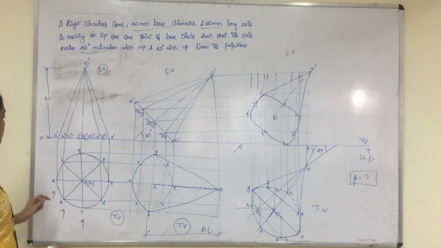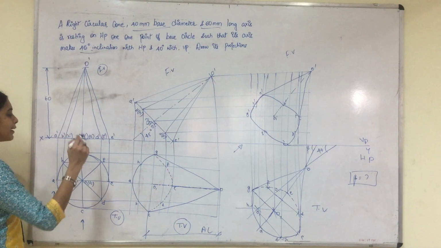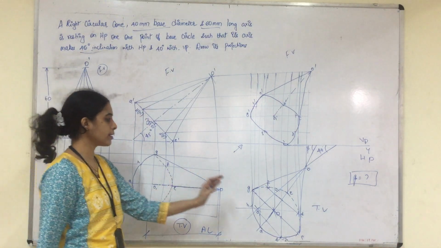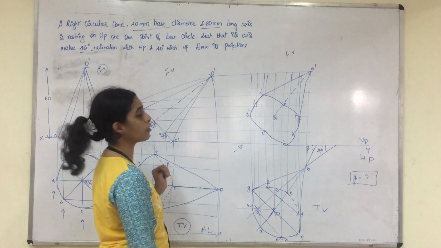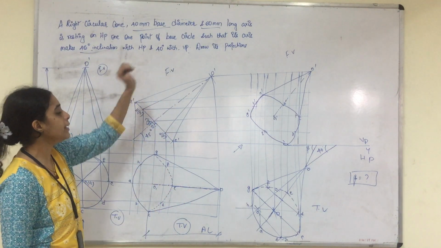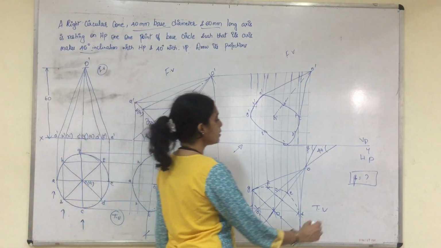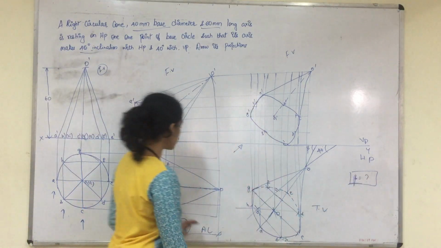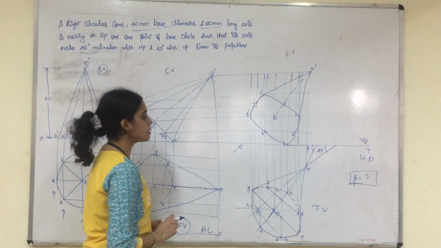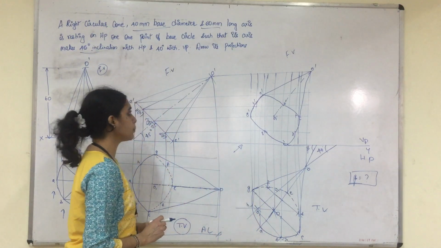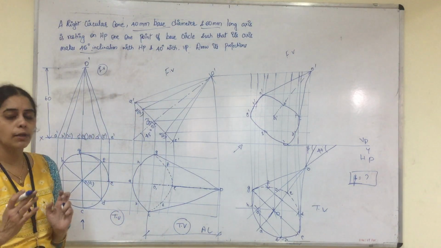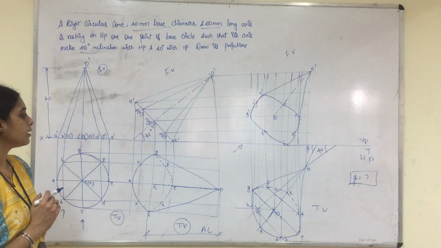Okay, so this will be the final stage of the front view and the top view of a circular cone when it is resting on one of its points on HP, and the axis inclined to HP at 45 degrees and to VP at 40 degrees. So when the axis is inclined to VP, we should determine the beta angle and then reconstruct the second stage top view to the third stage. So this is how the problem will be on a circular cone when it is resting on one of its points on HP. Okay, thank you.